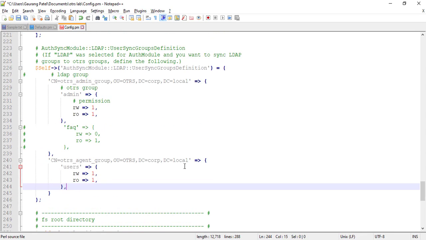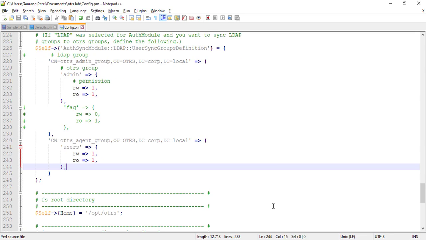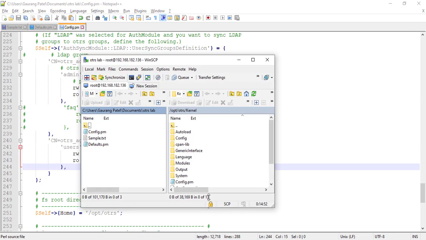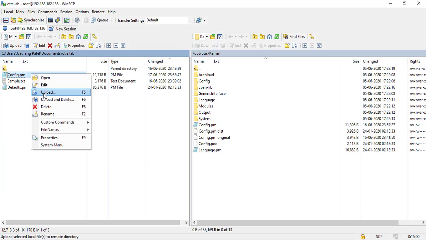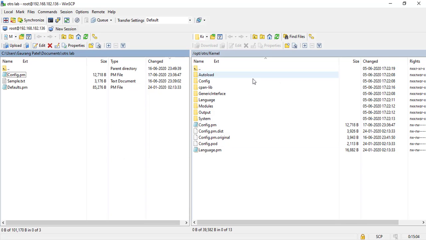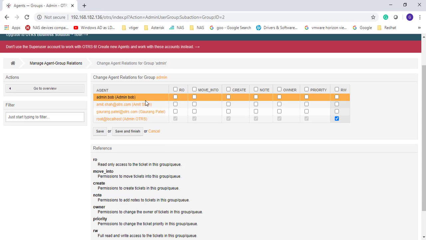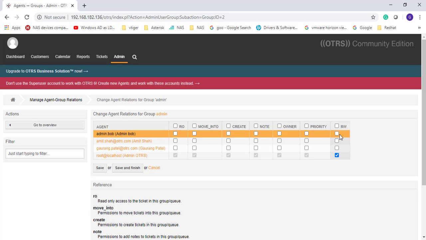So let's save it and upload the config file. Let's go ahead and upload. Yes. Okay, now let's log in with the admin.bob user.